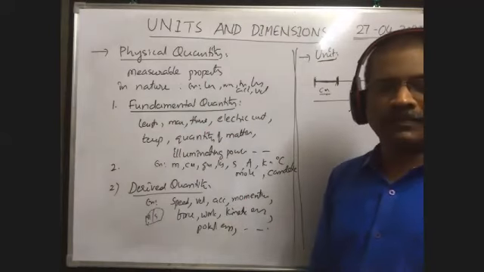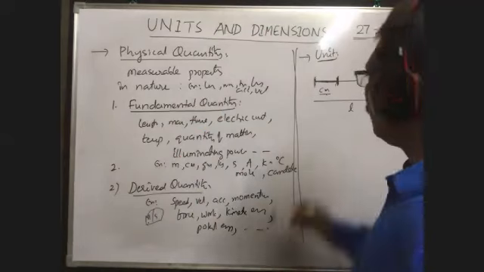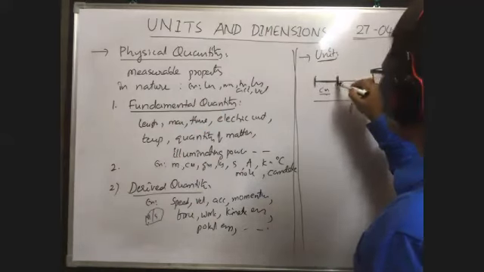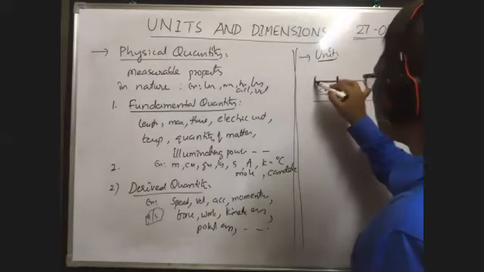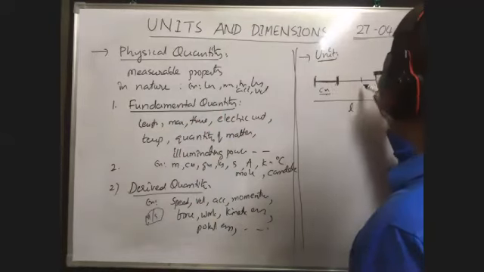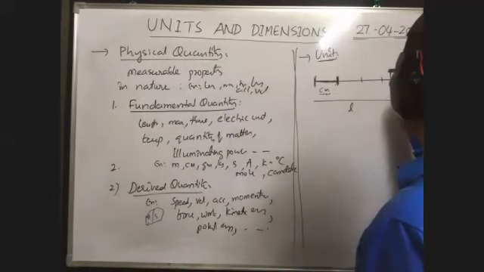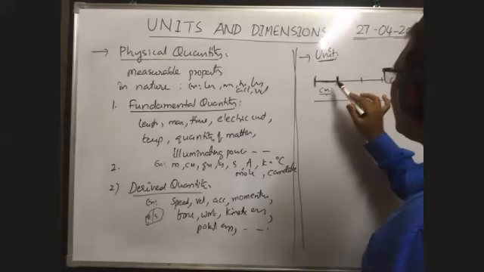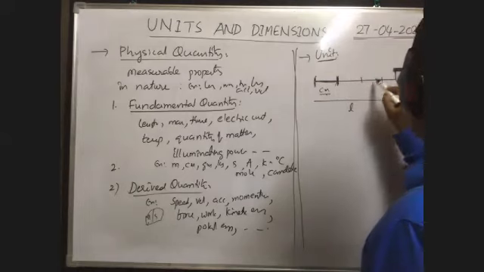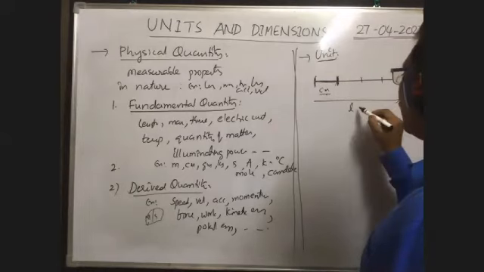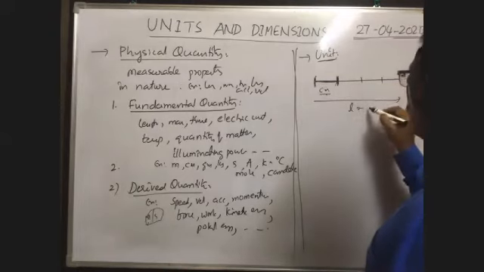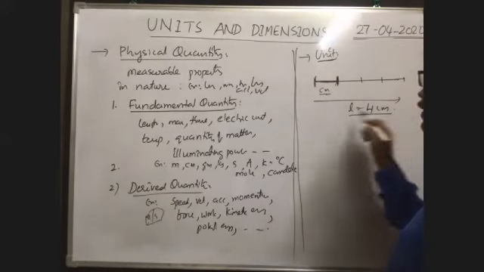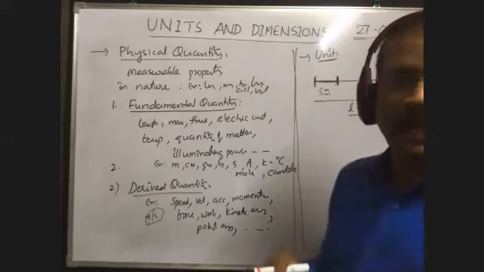Or foot. Then we can measure. Now, to measure the length of this wire means how many times the standard quantity is contained in the given wire. This is one standard quantity, up to this one more standard quantity, up to this one standard quantity. So how many times is the standard quantity contained in the given length? 1, 2, 3, 4. 4 times. That's why the length of the given wire is equal to 4 times the standard quantity, the centimeter. So 4 centimeter. The length of this wire is considered as 4 centimeter.